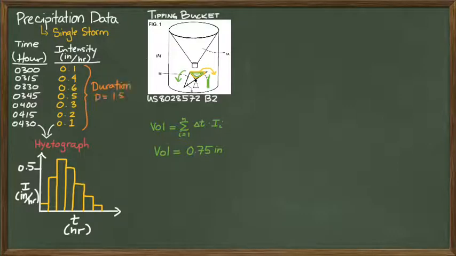You can also look at the storm and find out what is the duration of the storm. So this storm happened to last over an hour-and-a-half period. And so say, maybe we're not concerned about the hour-and-a-half storm, but what if we wanted to compare this storm to other events of similar time duration? Well, what we need to do is find out what would be the volume of this storm if it had lasted 2 hours.